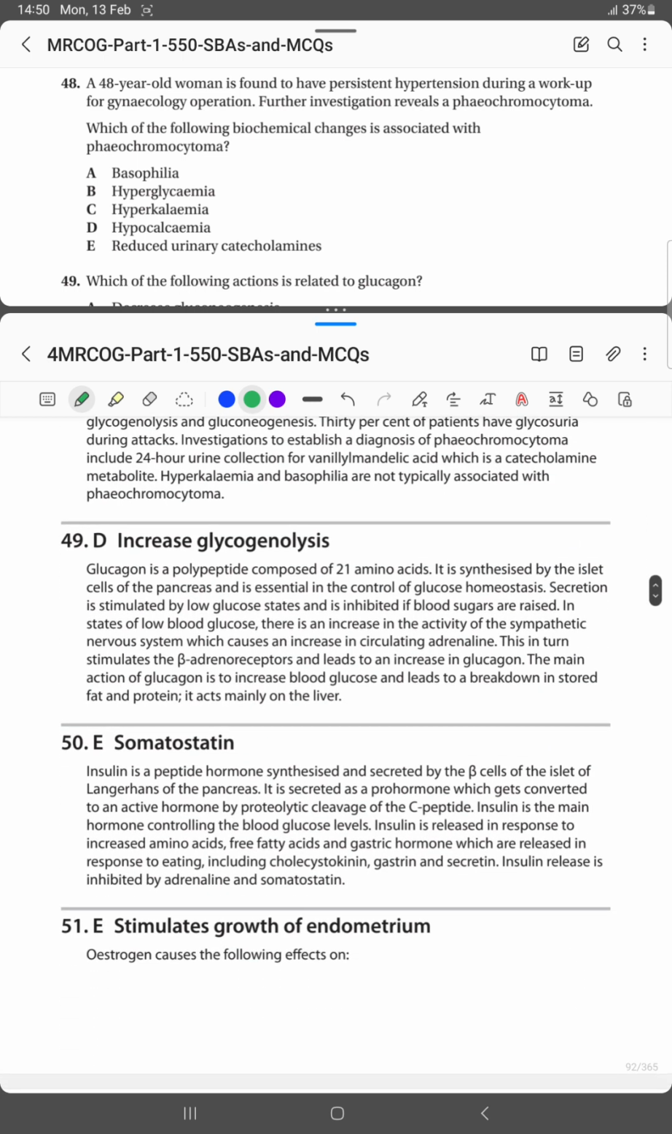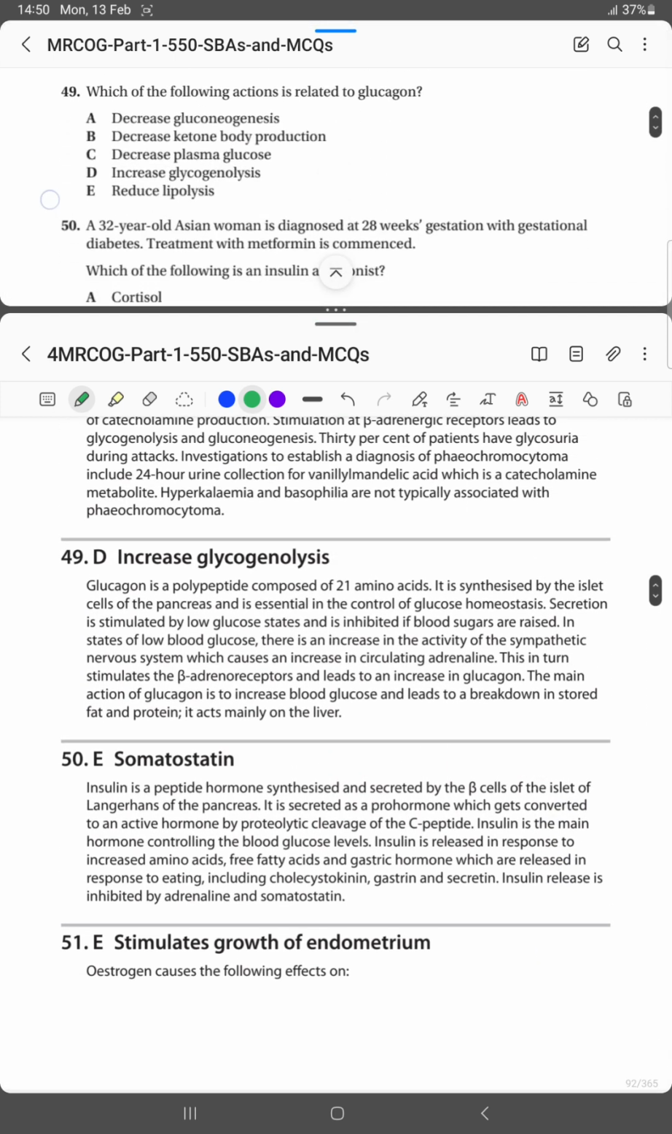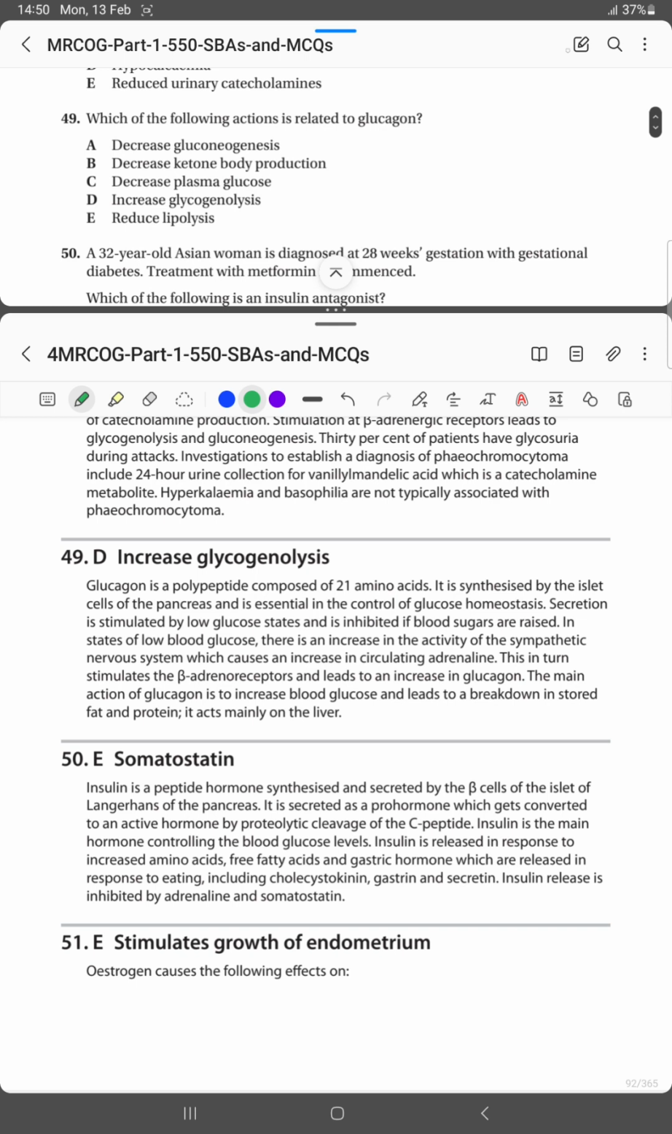Now question number 49: which of the following actions is related to glucagon? Decreased gluconeogenesis, no. Decreased ketone body production, no. Decreased plasma glucose, no. Increased glycogenolysis, yes, that is true. Reduced lipolysis, no, that is not the correct option. And increased